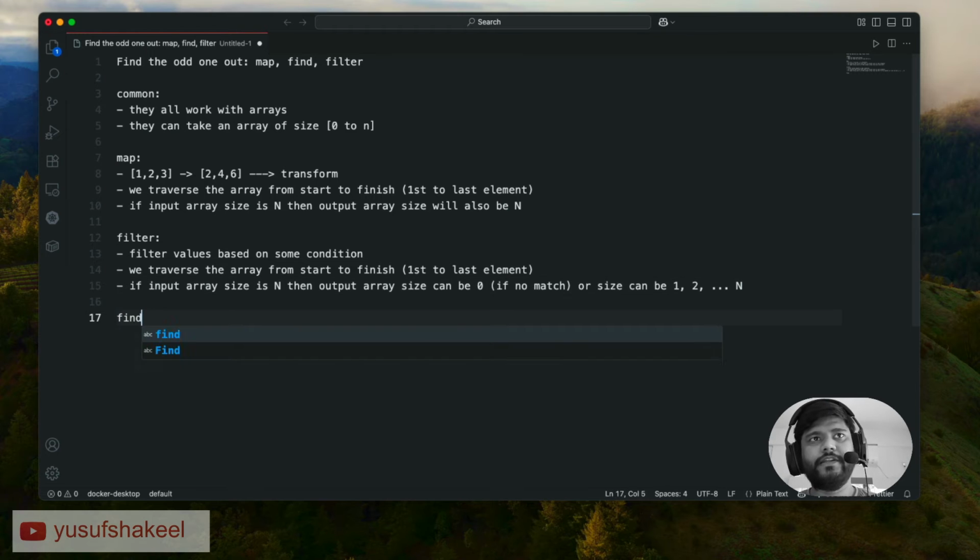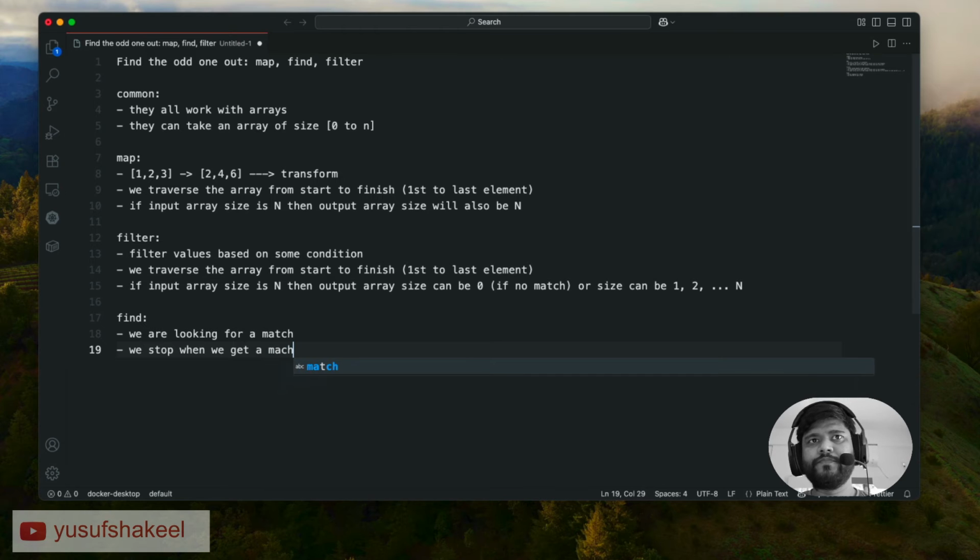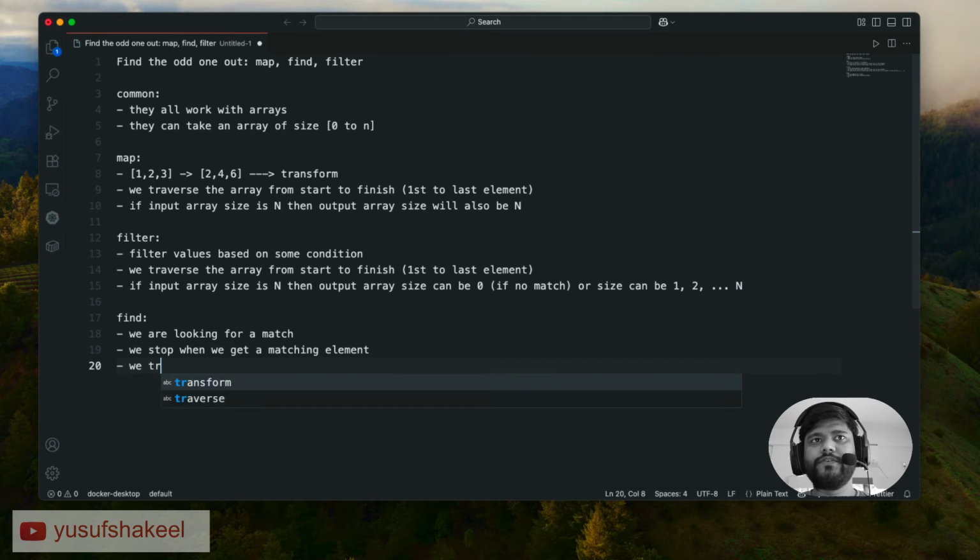Now let's look at find. In find, we are looking for a match. We stop when we get a matching element. So we will have some condition, and if that condition is satisfied and we find a match, we stop there. We traverse the array from start to finish